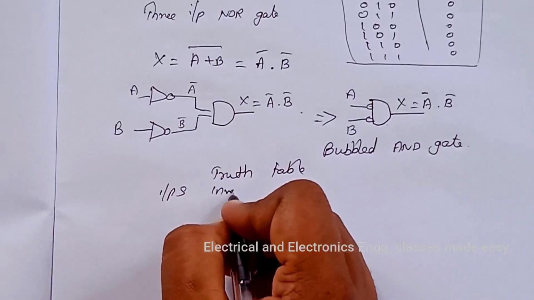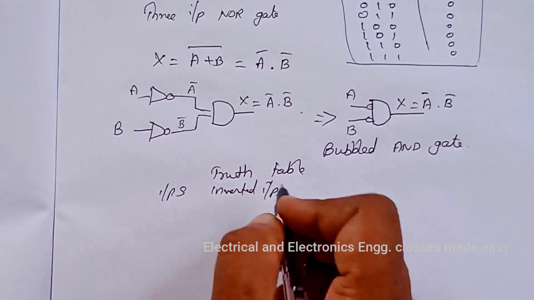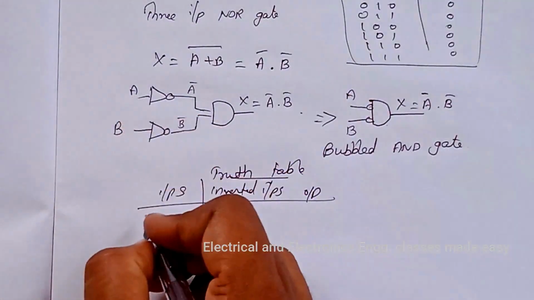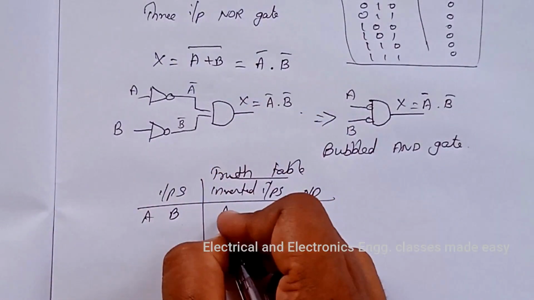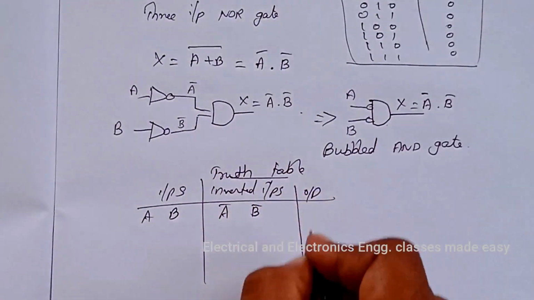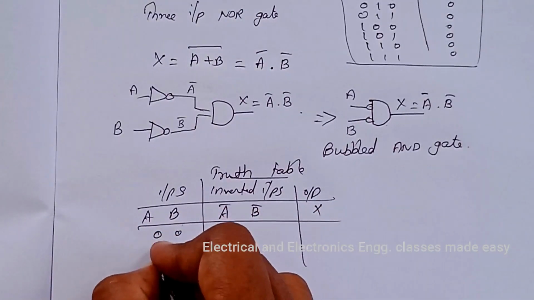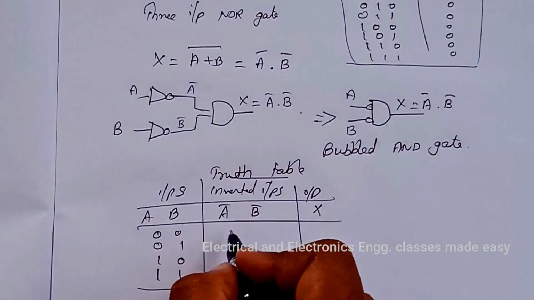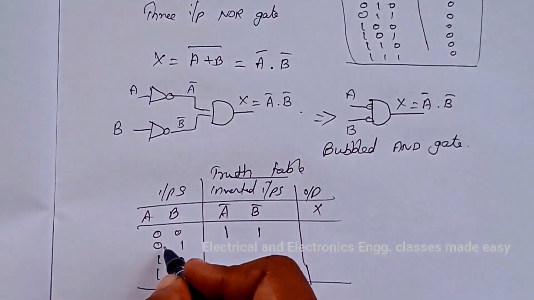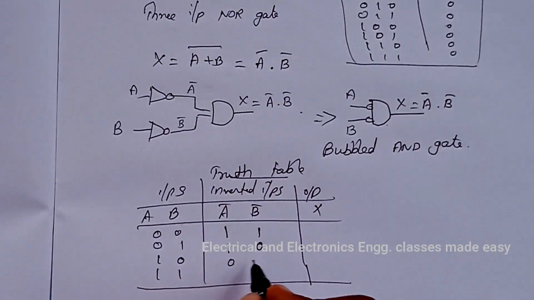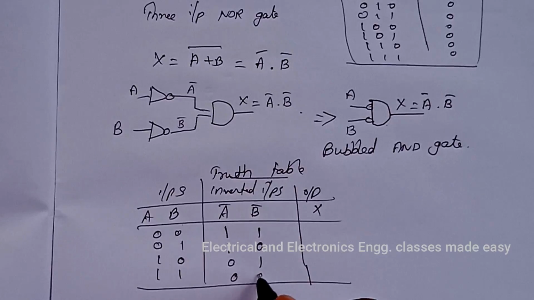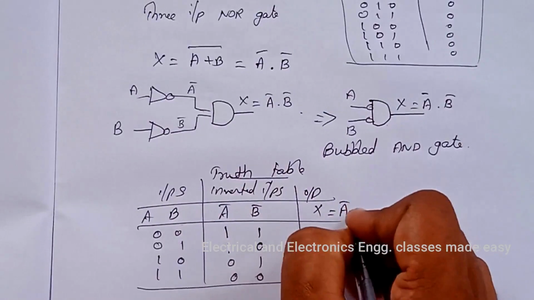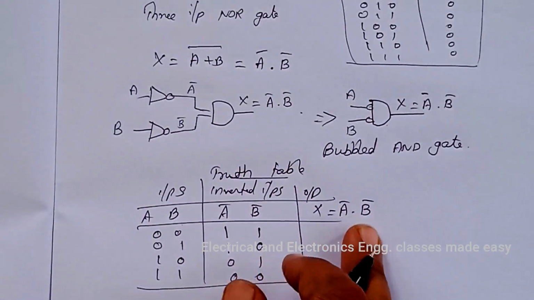Inputs, the inverted inputs, then output. Inputs are A, B, then inverted inputs A bar, B bar, output is X. 0, 0, 0, 1, 1, 0, 1, 1 are the combinations of inputs. Then here it will become 1, 1, then A bar, B bar here 1, 0, then here 0, 1, then 1, 1 will become 0, 0. Now output X is equal to A bar dot B bar, that is